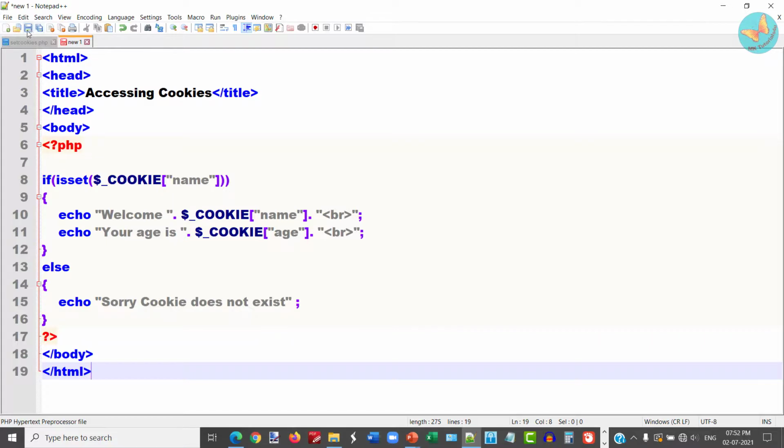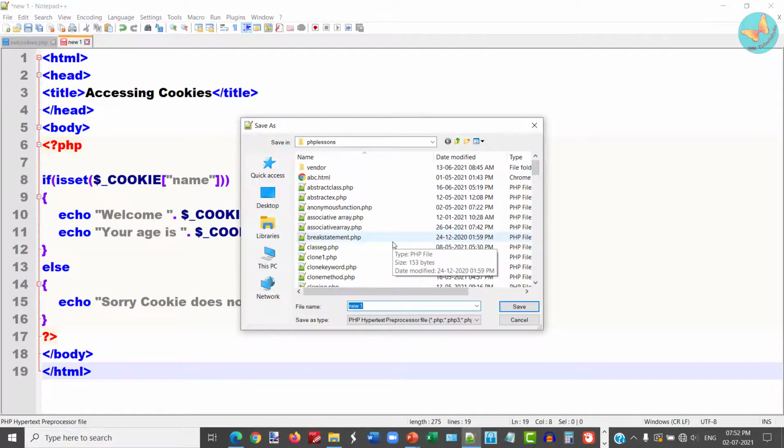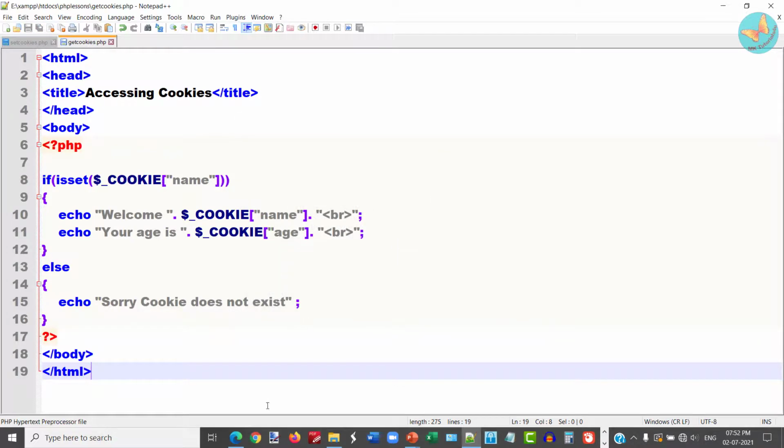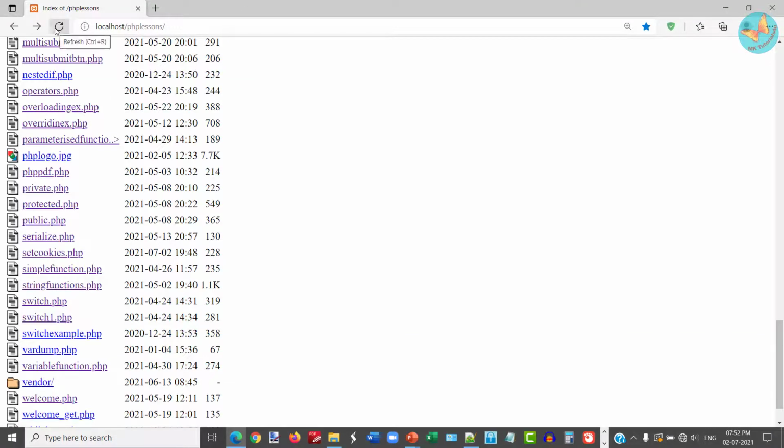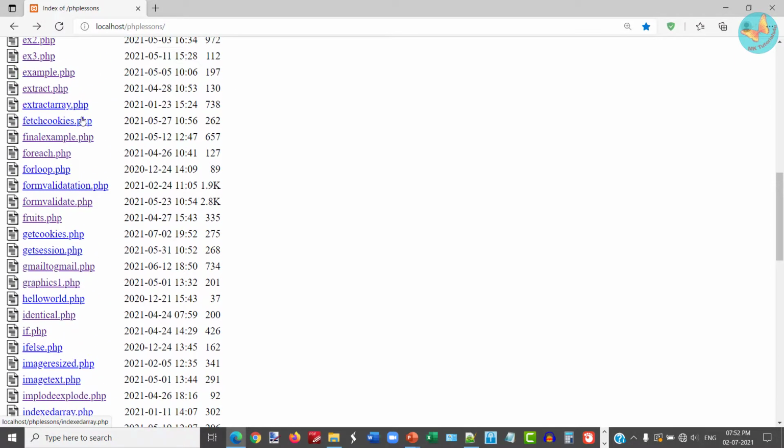Now remember, here I'm going to access the values of cookies. So I'll write here getcookies.php. I'll go to my web browser and this time I'm going to search for the file getcookies. So after running this, you can see whatever value I have stored in my cookie called name, that was Rahul Sharma, is displayed, as well as the second cookie age is also displayed.